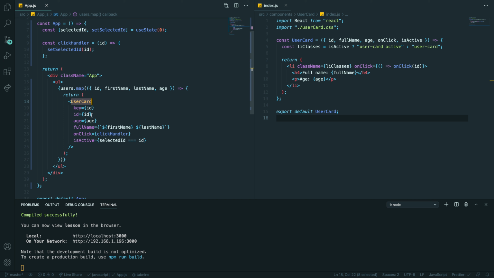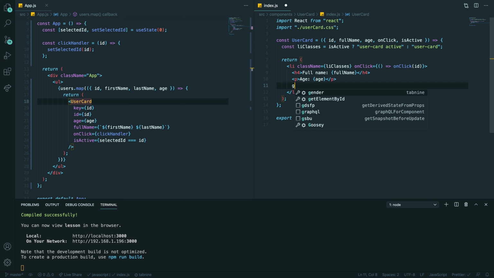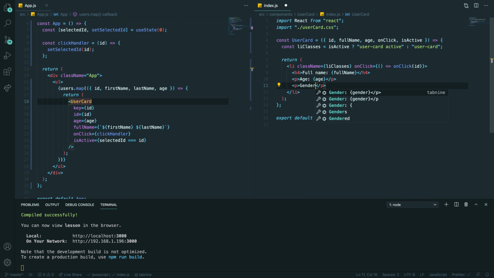You can create some generic user card, or whatever name, and reuse it in different places with different configurations. Look at this, for example, here I want to have a gender, just another one. So another P, gender, and here I want to put gender.